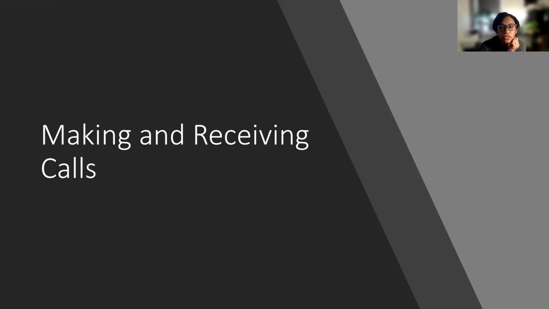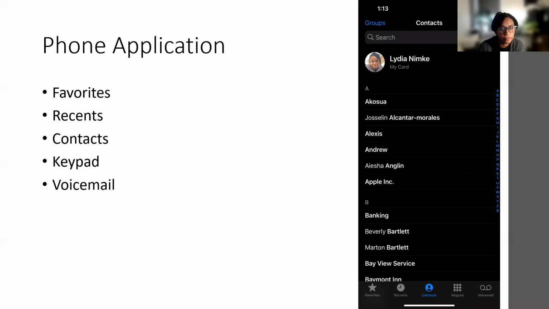So one of the main uses for your phone is making phone calls, and this is generally done through the phone application. To make a call, you're gonna open that phone application and it's a green button that looks like it has a telephone receiver on it. You'll click on that and you'll notice a couple of different options near the bottom of your screen. So down here,